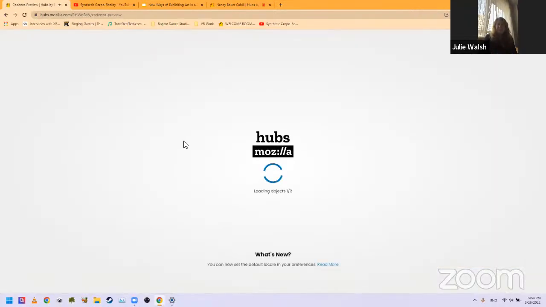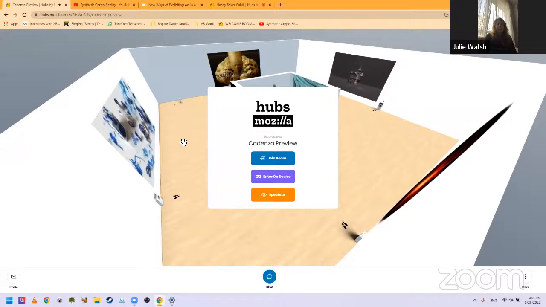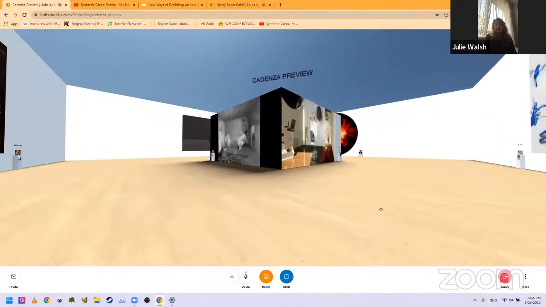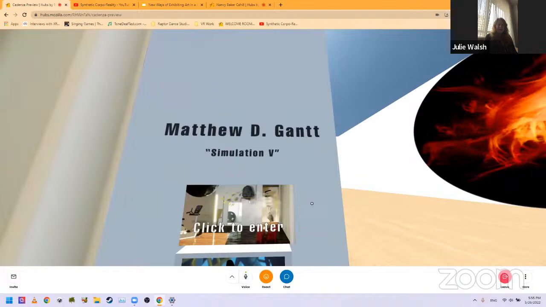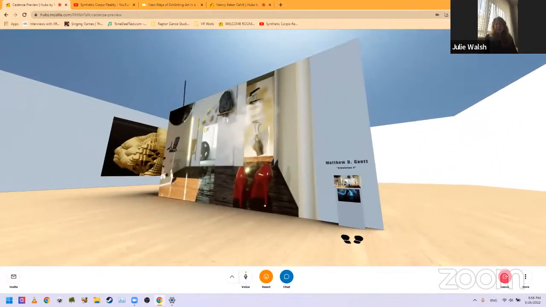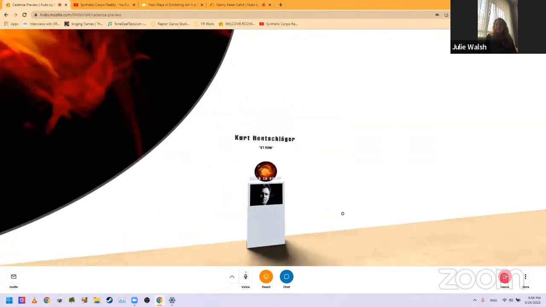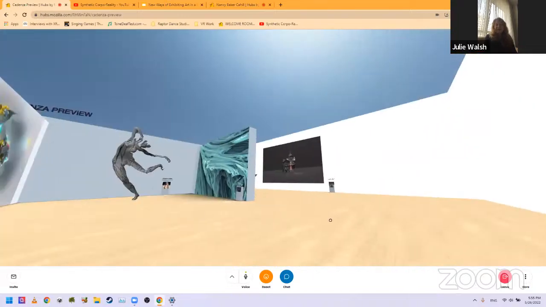So one of the things I would mention about this Cadenza show is it's going to be seen in reality at the Meet Digital Culture Center in September. They have something called the VR corner, so people will have headsets that they'll put on and then access this work. And we have strong interest from the center to tokenize the artworks, which means that they would be available for sale using FNFTs. And Frédéric will tell you more about this concept. People would then be able to purchase works that they responded to, to support the artist and the institution.